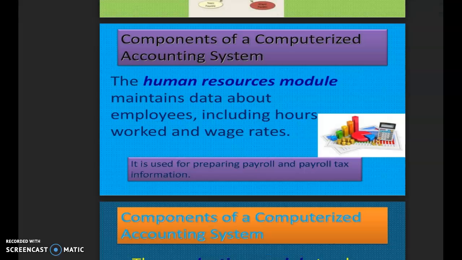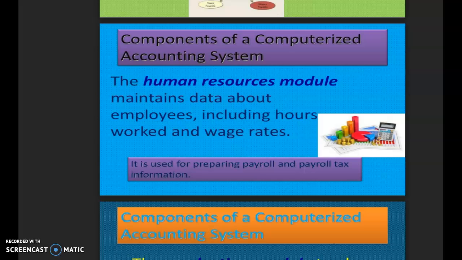Now I will discuss with you the other important functional areas, or the role of AIS or Computerized Accounting System in the various segments of accounting. Earlier I shared with you how the sales order is processed under the AIS and also how the inventory is controlled under AIS. Now we will discuss how the human resources or manpower is controlled and managed through